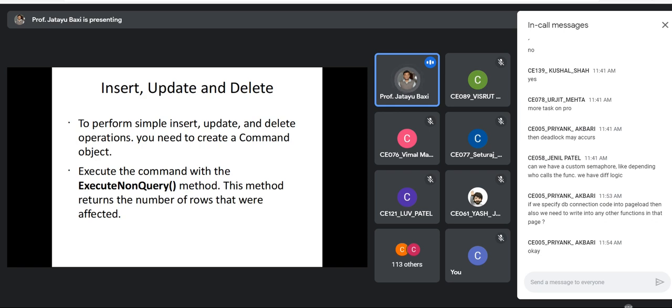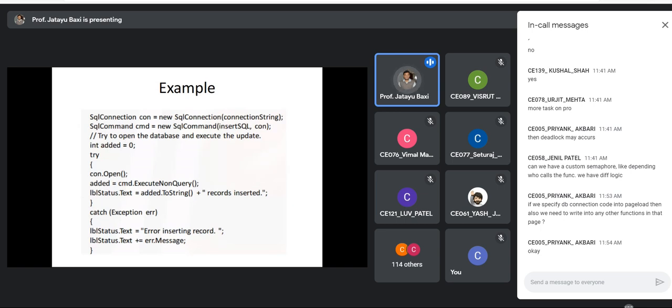You don't want to see any output here, because you are doing insert, update, or delete. So this is the example of insert. See what I am doing. I am creating a connection and command object.